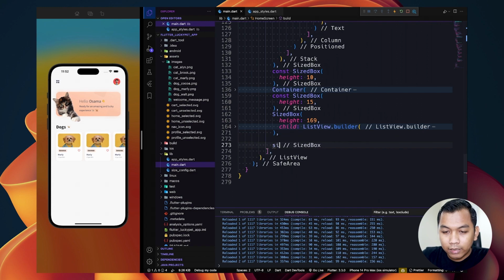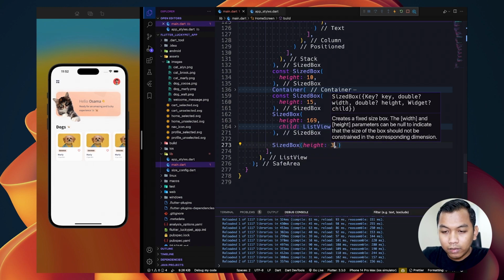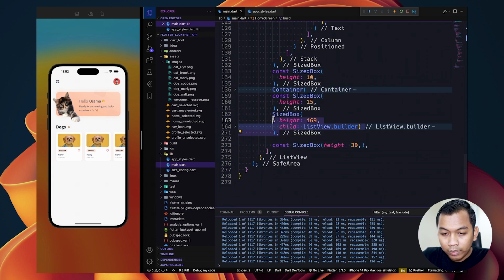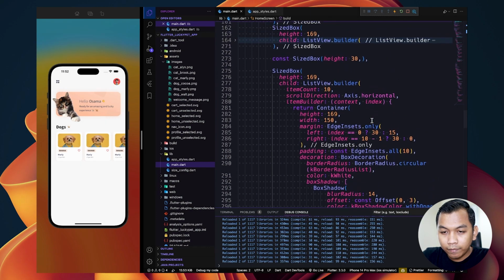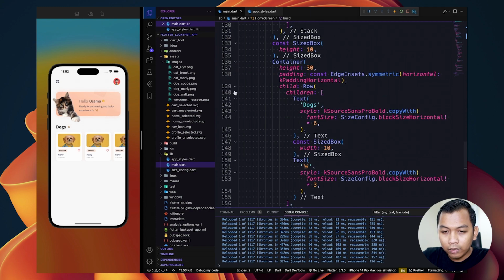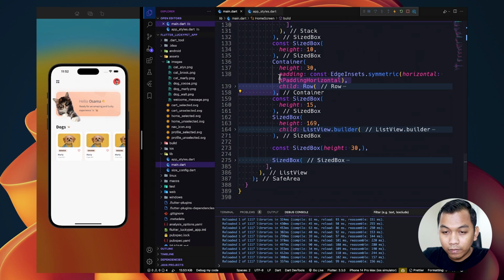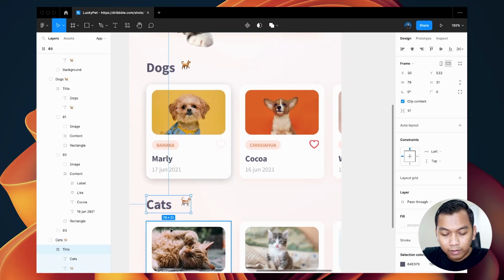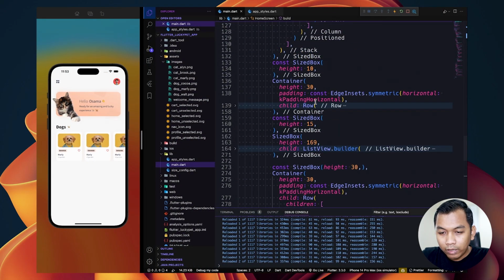So below this, let's add SizedBox first. Height is 30, and we need to copy this and paste here. And again, we need to copy this SizedBox, or I think this Container, and paste here. And between this, it's 15, so we can copy this.